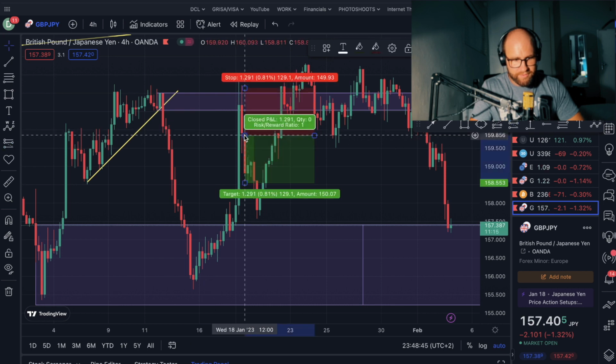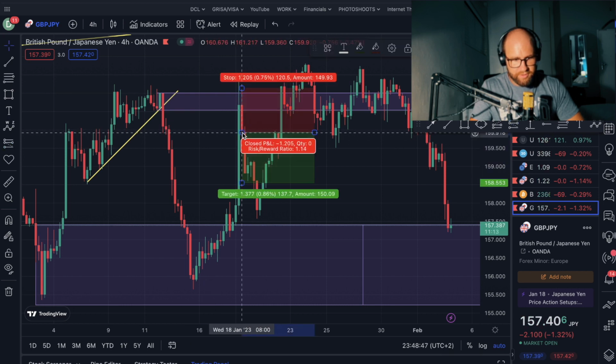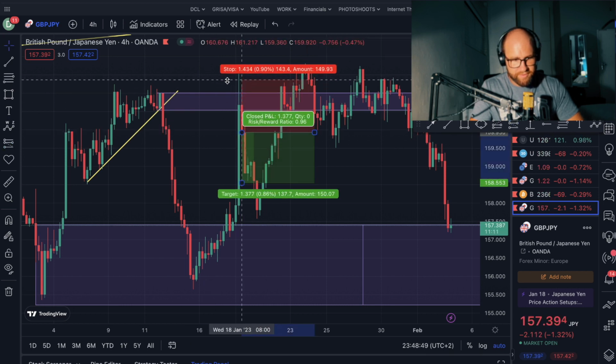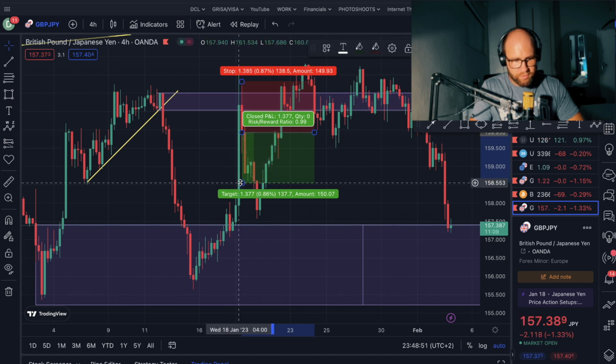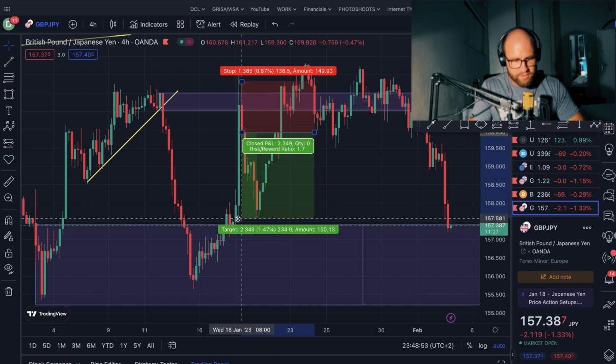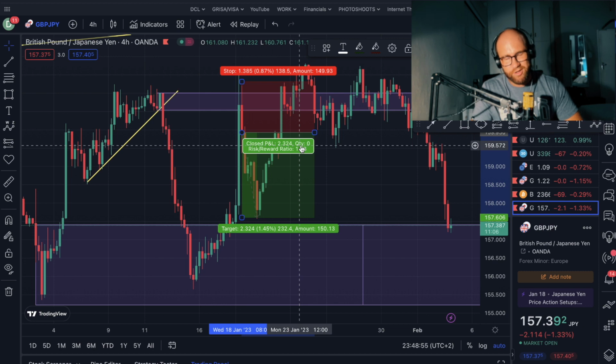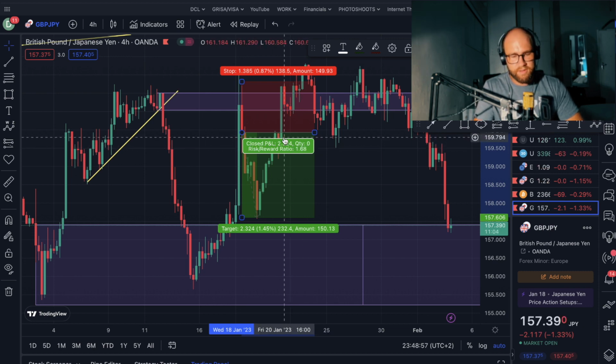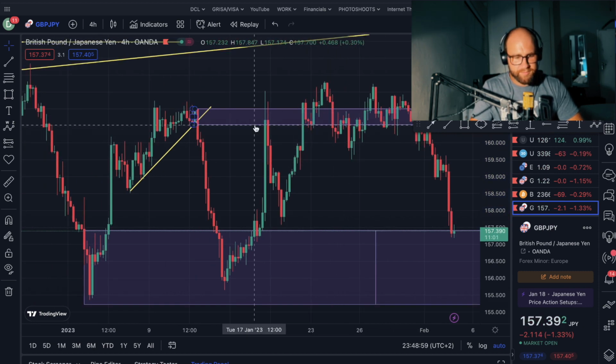That's another way we enter. You would have taken your entry there. You would have put your stop loss just above this. And you would have put your target just in front of the zone. Now you see this is a 1-2, not even a 1-2, so I wouldn't take this. We trade the higher moves. You can see the supply zone has already been